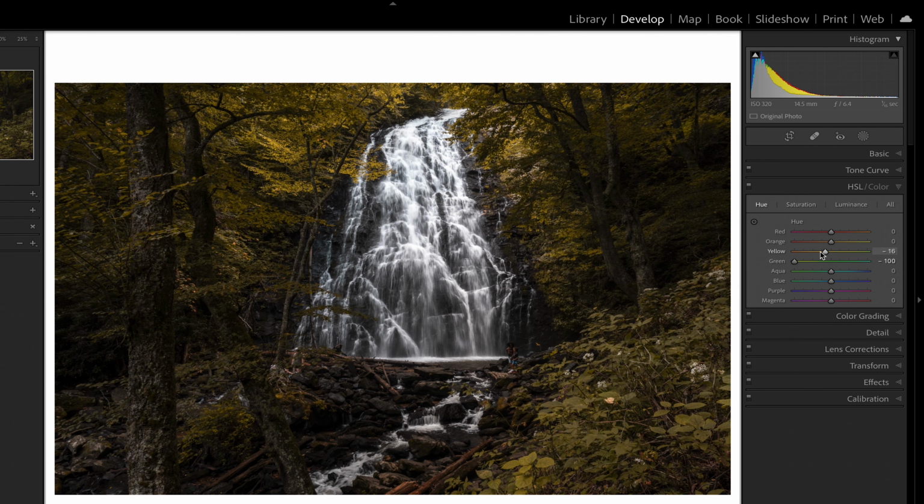And I'm gonna take the yellows and shift them a little bit more towards orange, to about right there. I'm definitely kind of overdoing it a little bit just so it's easier to see at home. But I think about right there looks good. And if we toggle the before and after, this is before and this is after, this is before and this